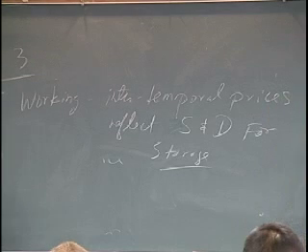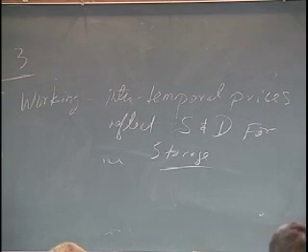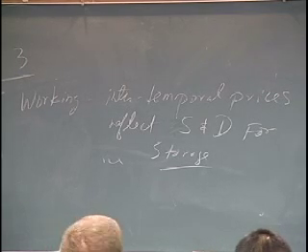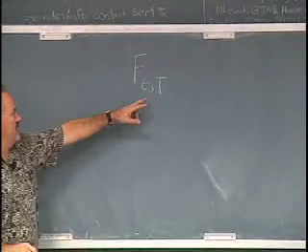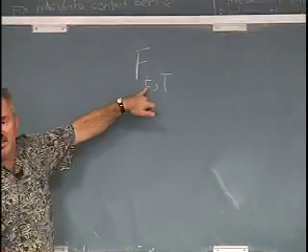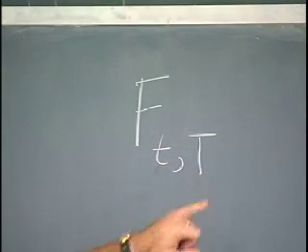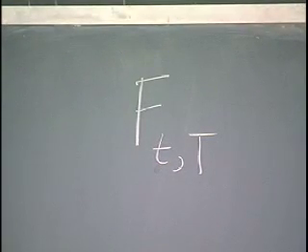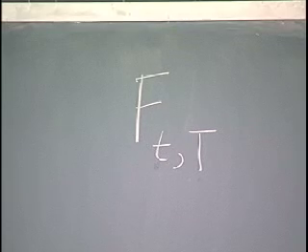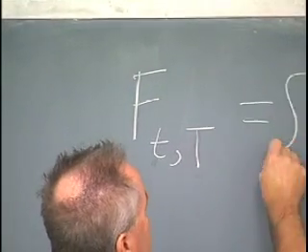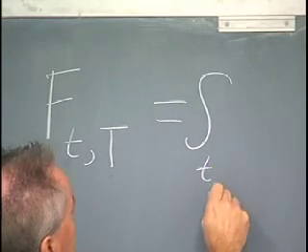And he started by writing down a very straightforward arbitrage condition. He said that the futures price at time t for delivery in period T, so this is the futures price today, where today is lowercase t, for delivery at some future date, which is capital T, is equal to the spot price today,